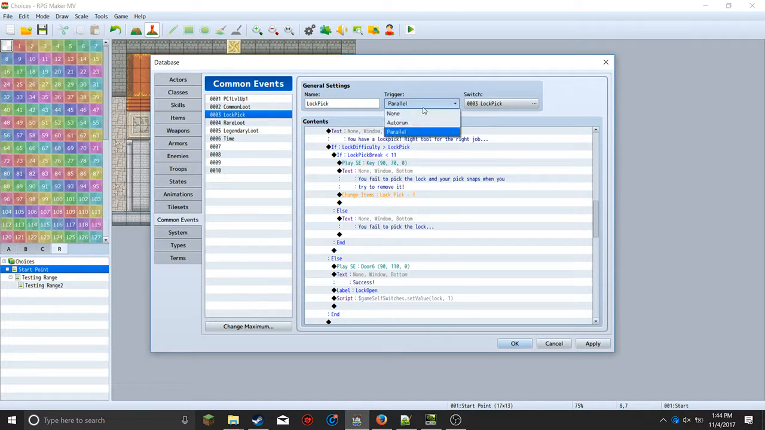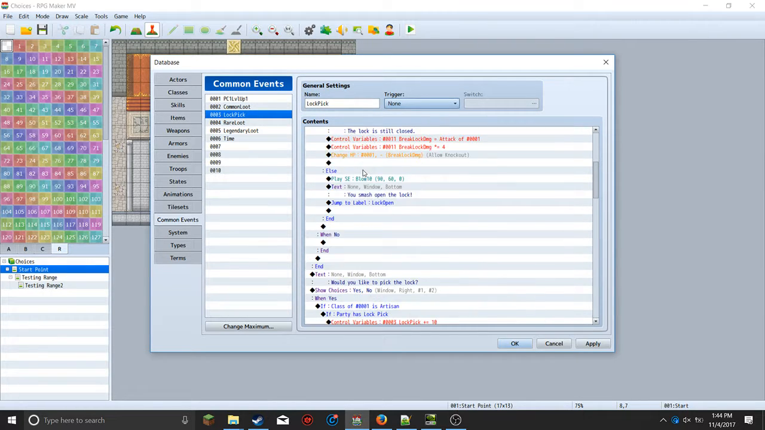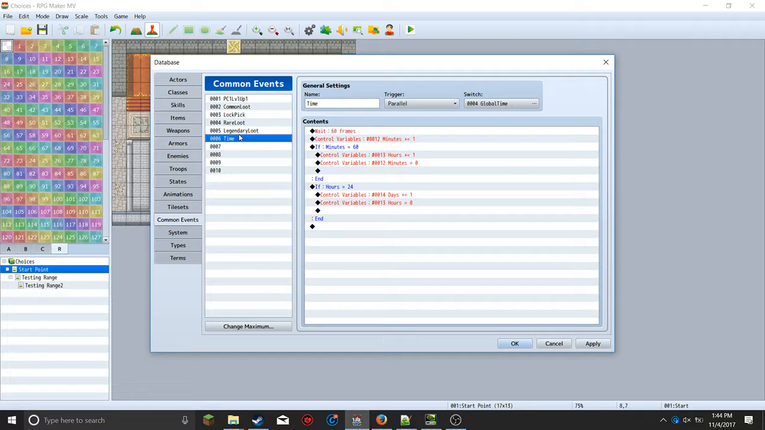Then you have parallel process. A parallel process runs at the same time as everything else. It runs in the background. Parallel processes are pretty awesome because you can do things like my timing script here. Because when global time is turned on, and if you recall that was a switch that's turned on by my initial event,